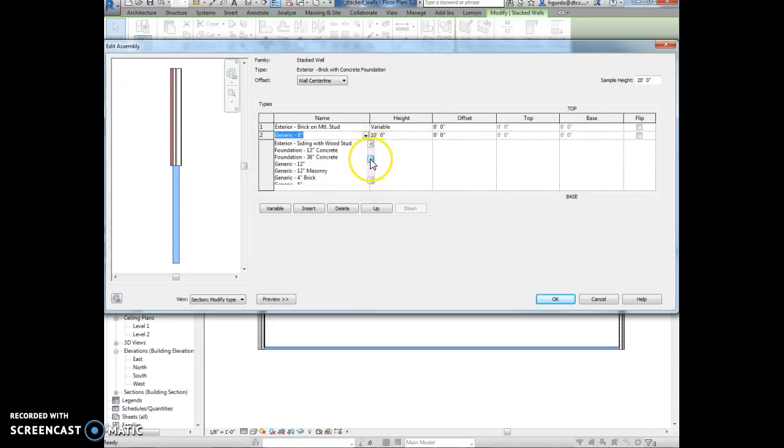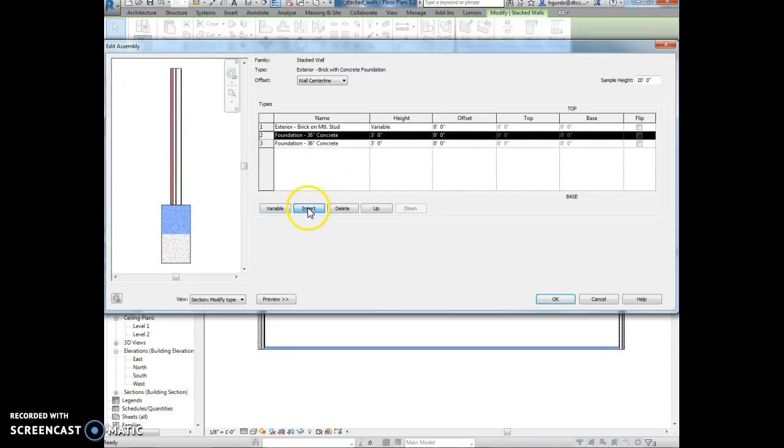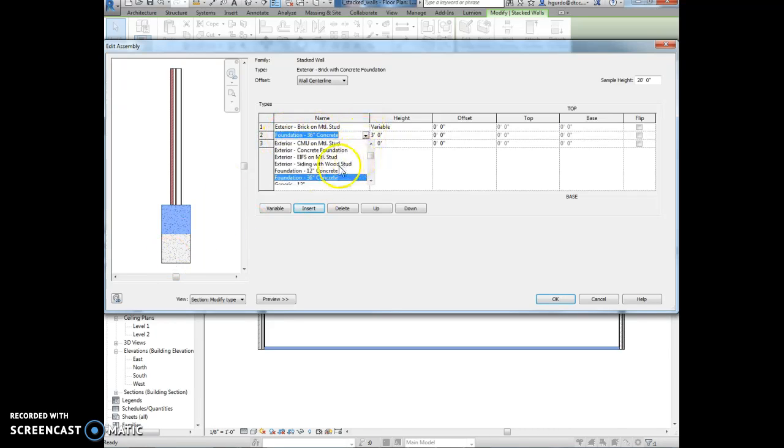And everything is in alphabetical order. And then we're going to set the heights. This one's going to be set to 3 feet, so that's a 3-foot foundation wall. And then we're going to select insert, and we want to insert another foundation wall. So this would be the stem wall. This might be like a footing, right? You can see it here. And then this one's the stem wall underneath this brick wall. And we're going to set that height to 3'6"